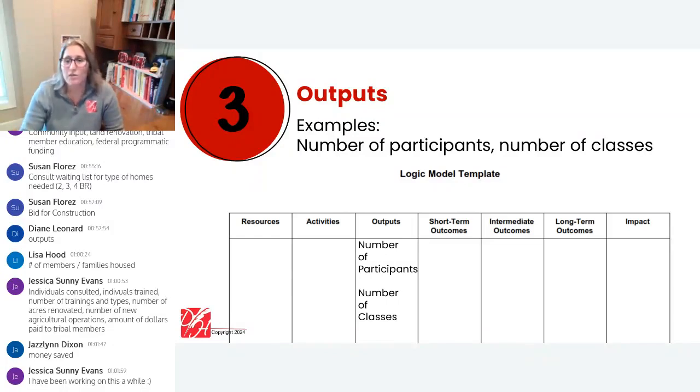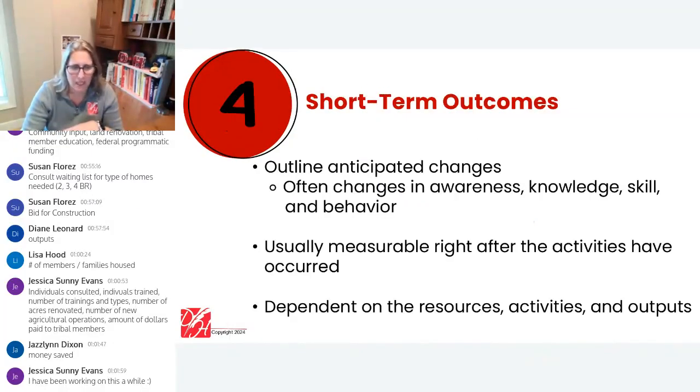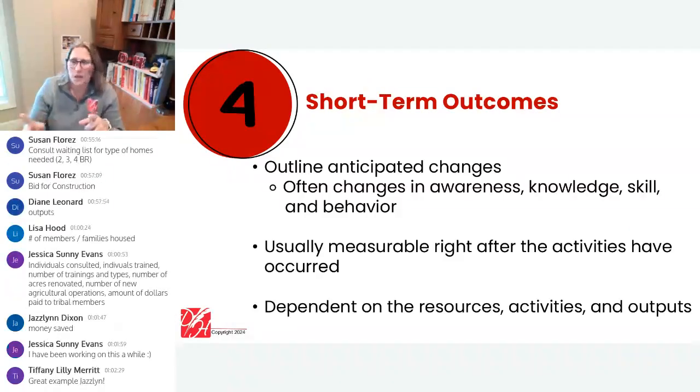All right, so if we know our resources, if we know our activities, if we've thought about what we will count, time to talk about outcomes. Now, the prompts for outcomes. Spoiler alert, short term, intermediate, and long term. Yes, the slides and the text on the slides, well, like the body of the text, going to look the same. What's different? The timing at the top. Short term, intermediate, long term.